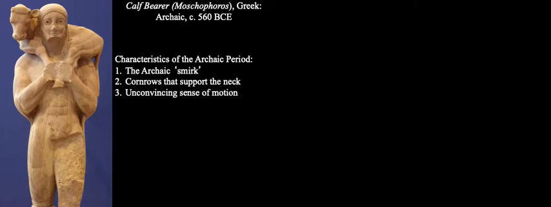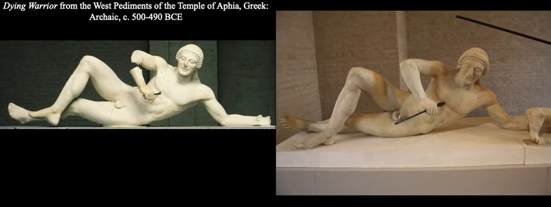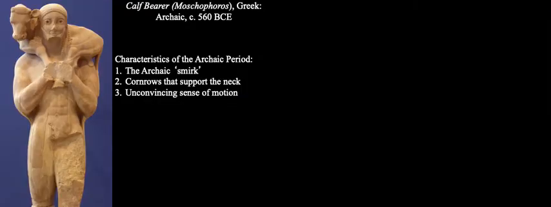but I sort of think of it as being kind of a smirk. This kind of weird little smile that seems kind of misplaced. It's just the way people are shown. He's got it there. So this archaic smile consistently shows up in Greek statues from around 600 to 480. The other thing we will often see